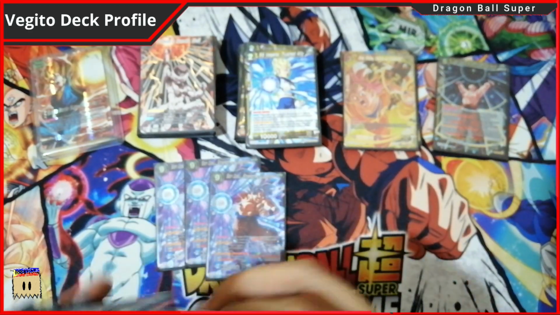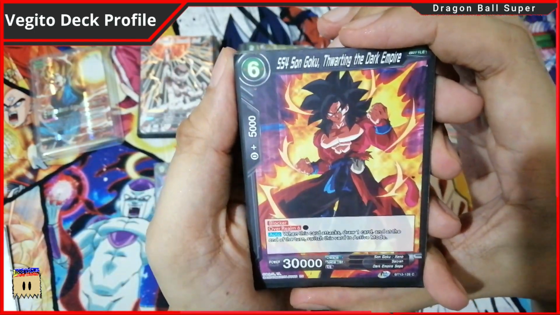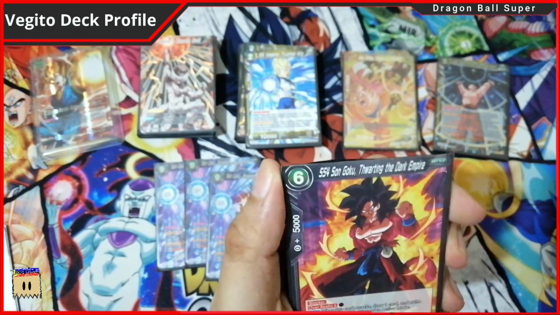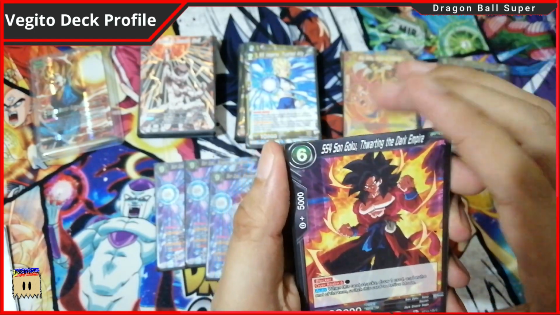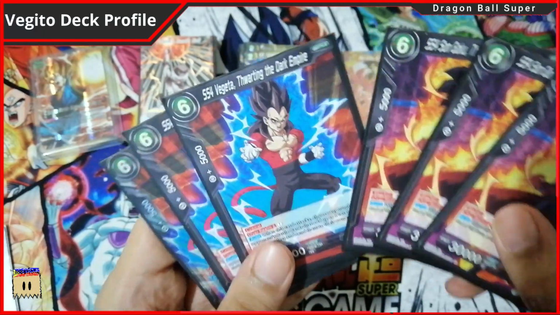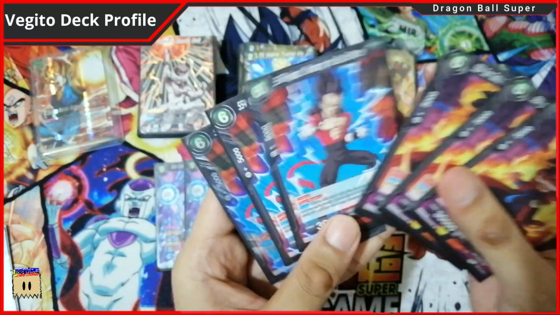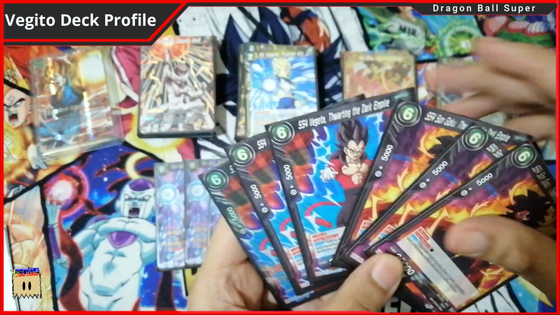Okay, what is the next win con? So you're going to have this San Goku Sino. It will not be affected by the effect of Vegito because it is Sino, but you're going to be needing this Goku Sino and Vegeta Sino. Well, you can play this with Overwhelm, but you're not going to play this with Overwhelm because you're going to need this for